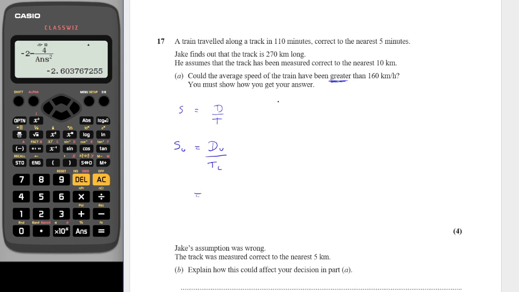So the upper bound of the distance, if it's measured to the nearest 10 kilometers, is going to be equal to 275 kilometers, and the lower bound of the time is to the nearest 5 minutes. So that would be